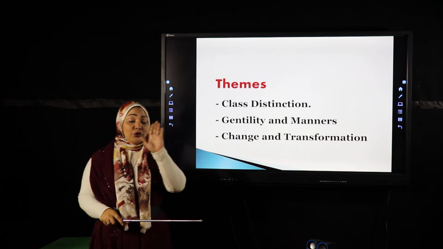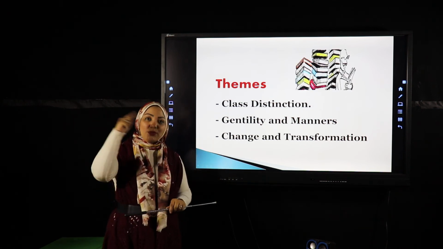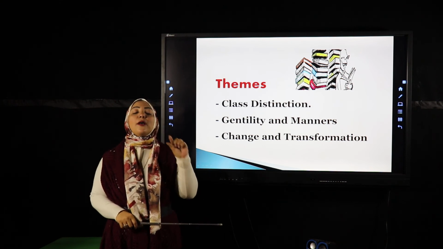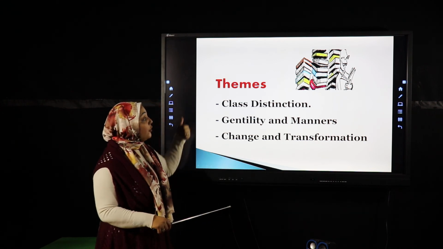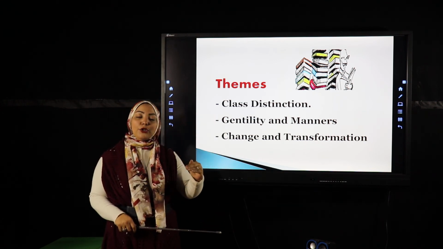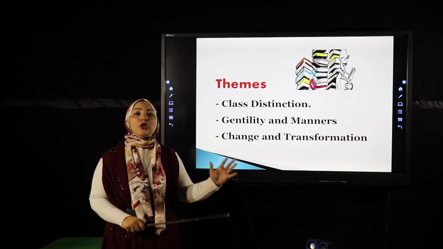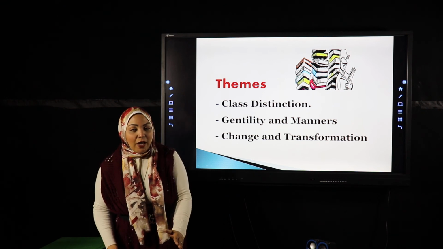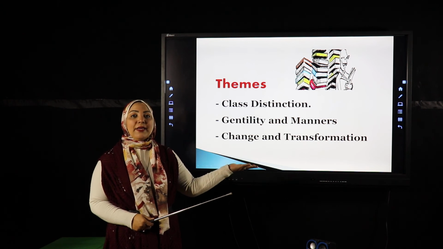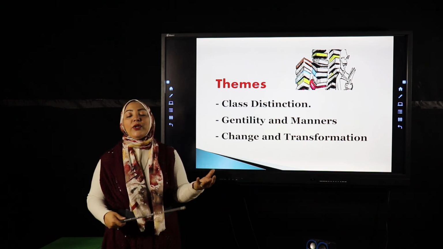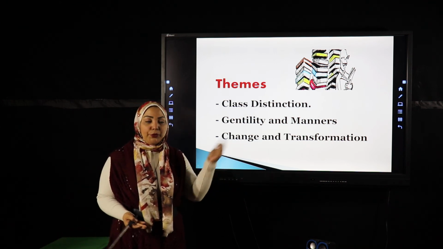If we are going to conclude the themes that had been discussed in Act 3 as well as the previous acts, we have some important themes that have been highlighted all through the play. First of all, the theme of class distinction or classism. As you see, it's the transformation of Eliza from being a poor flower girl into a lady or a duchess in an ambassador's garden party. And we saw different situations between different classes where the poor were not accepted by the upper.